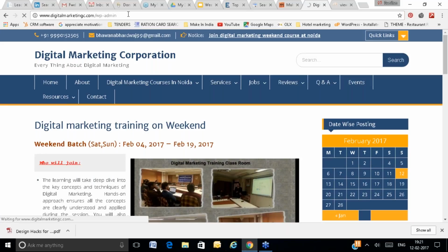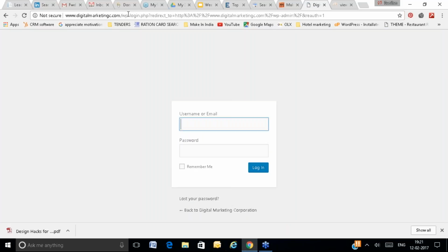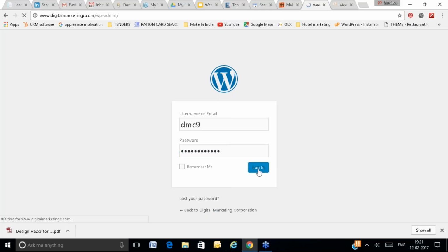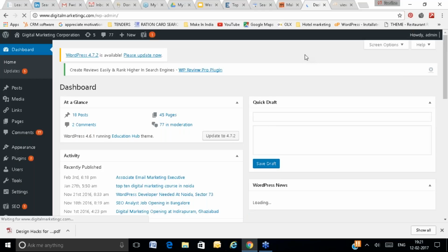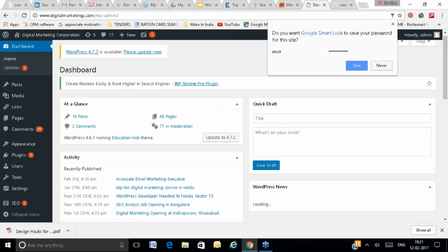Once you go to wp-admin, you have to enter the user ID and password, right? You will enter the user ID and password, and you will enter into the WordPress dashboard.